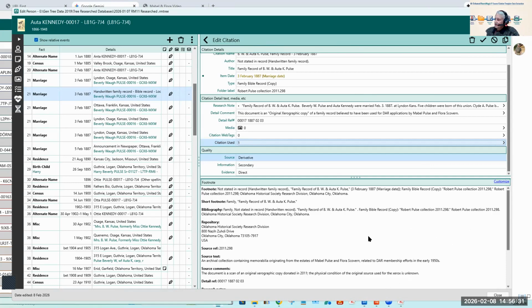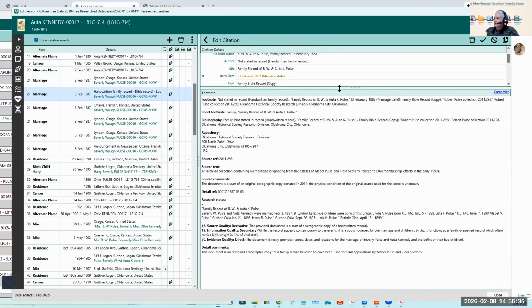So that's entered, and this is the kind of data that we get. I'm going to do this three or four times today because of the different media involved, and they're kind of interesting records anyway. You'll notice that when I do the research notes, I put the detailed source information in there. I do that because there's a lot of information out here that actually helps me understand why these determinations were made. And I don't know about you, but I get confused at times, and this helps a good deal.